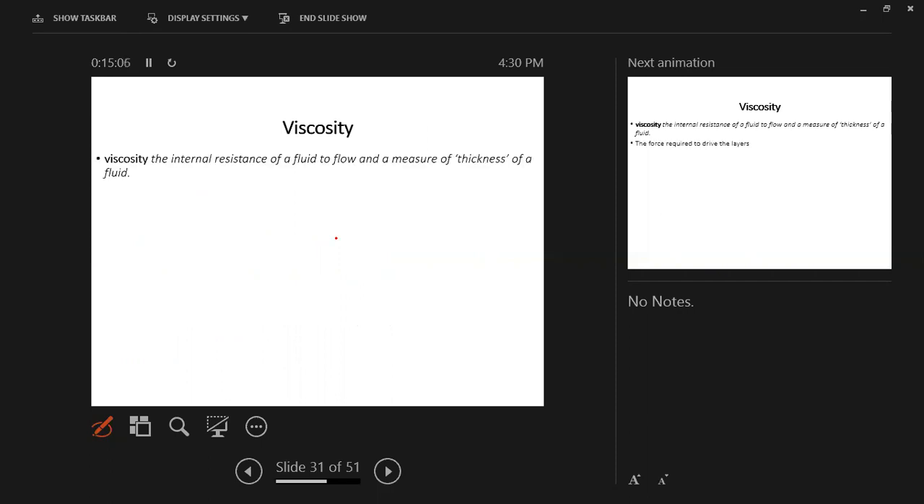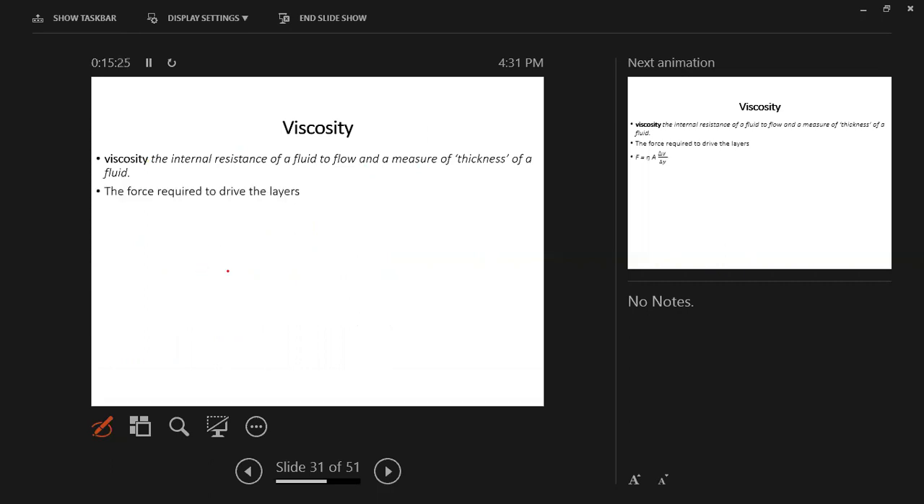Okay, let's continue. In this part we are going to learn about viscosity. This is a new term that you're going to hear. What does viscosity mean? It means the internal resistance of a fluid to flow and a measure of the thickness of a fluid. This is known as